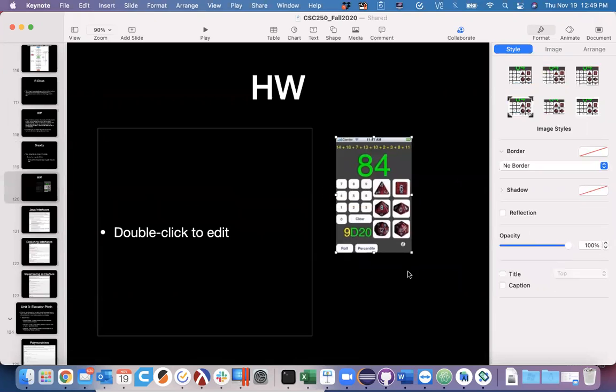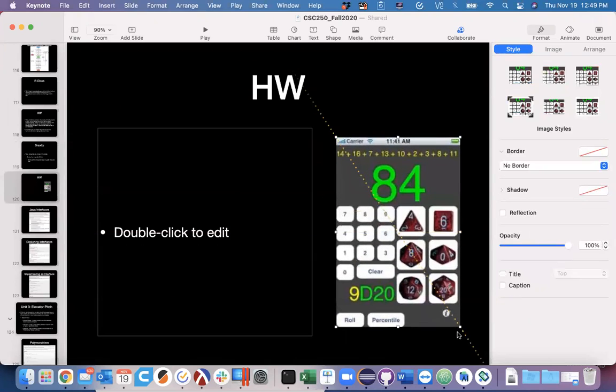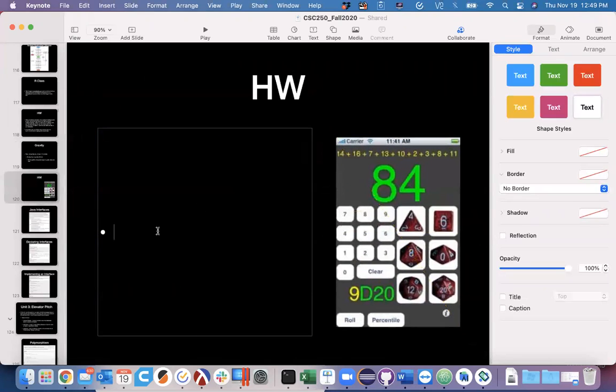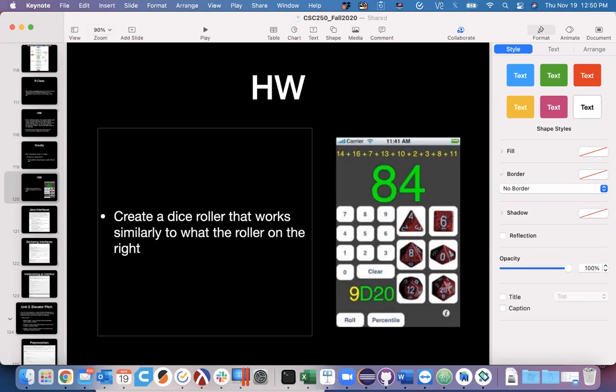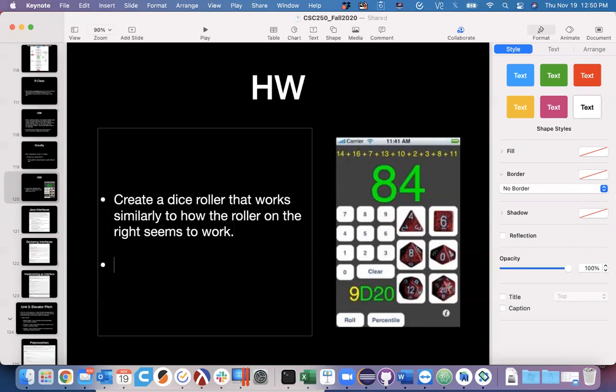Paste this picture in there. Create a dice roller that works similarly to how the roller on the right seems to work. Obviously, you might need to make a couple of assumptions, but basically the top line shows all